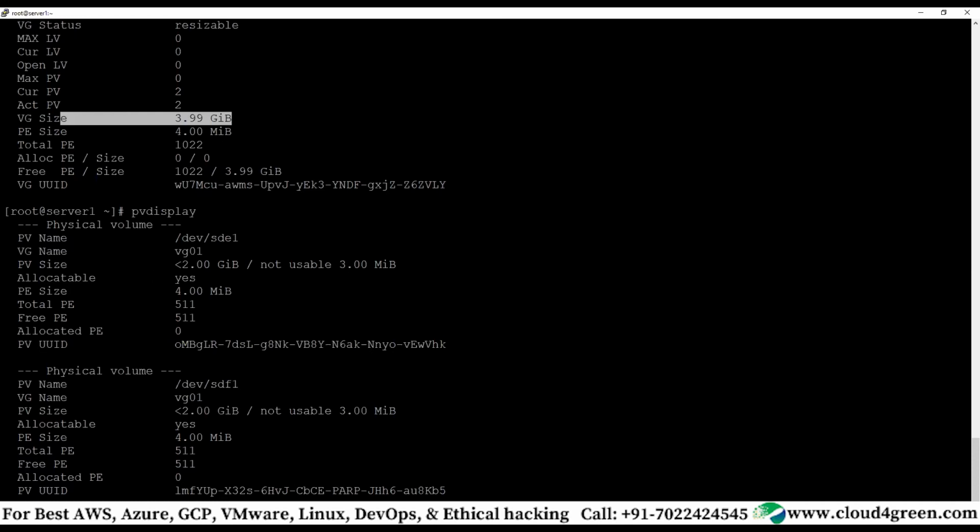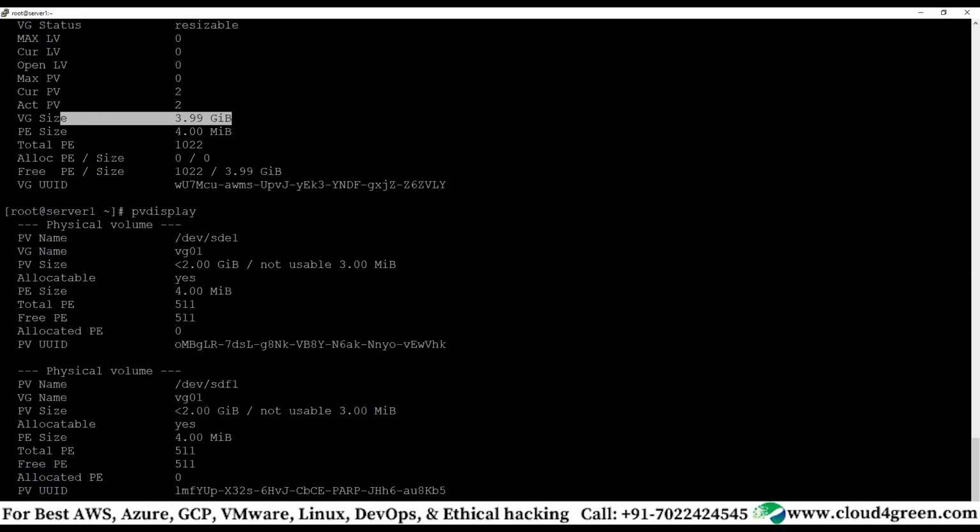You are converting a partition or a physical disk to a physical volume so that the logical volume can understand this disk. So when you do a PV create, some metadata or information is written to a specific area on this disk.